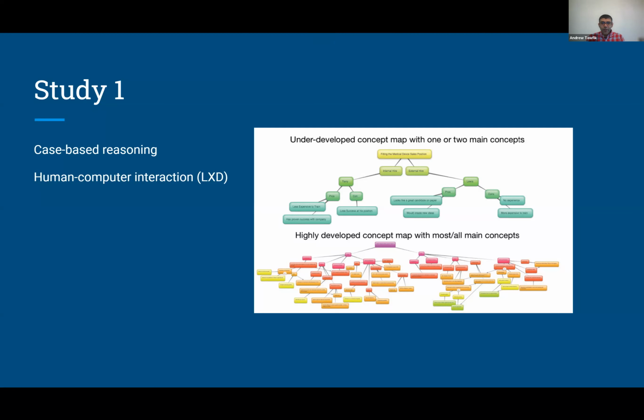And so on the bottom is the instructor, and this was his concept map. But on the top is what the students had actually turned in. So you see a lot fewer nodes. It's not really as well thought out. And so I was going back to the literature and asking, is there something else that I can be doing from the design? And I said, well, maybe my human computer interaction, my learning experience design was really poor. And maybe I need to rethink what that looks like.